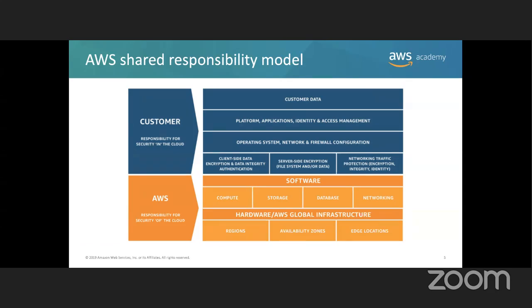So, hardware and AWS global infrastructure: the regions, availability zones, and locations. You have to work on that just to make sure that you are in the correct region. Quick question: a denial of service, who would handle that? You have to protect your data, right? We're going to see today a service named Shield that AWS provides for those DDoS attacks. So you have to use that.